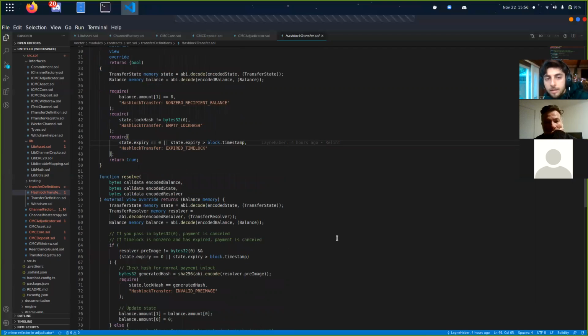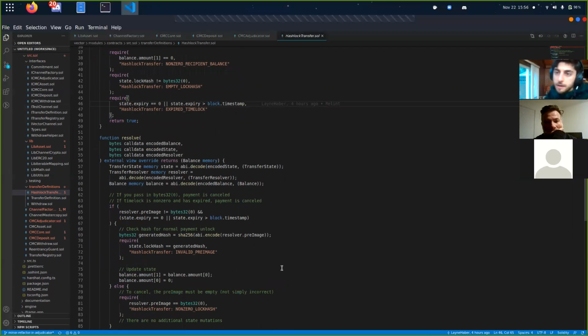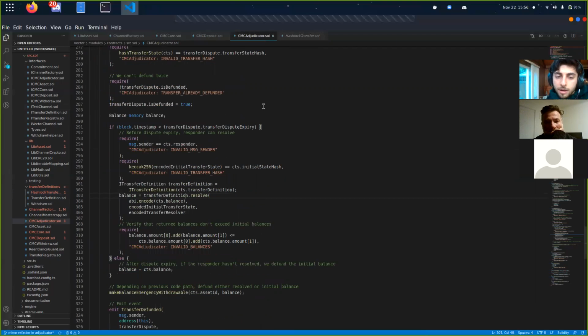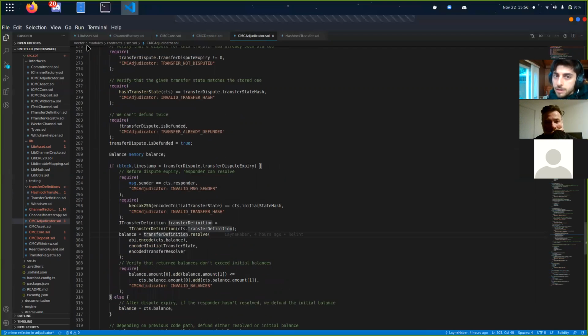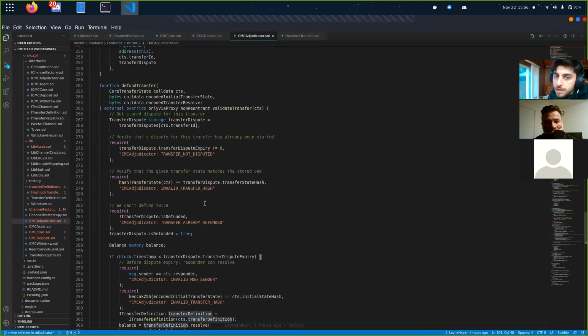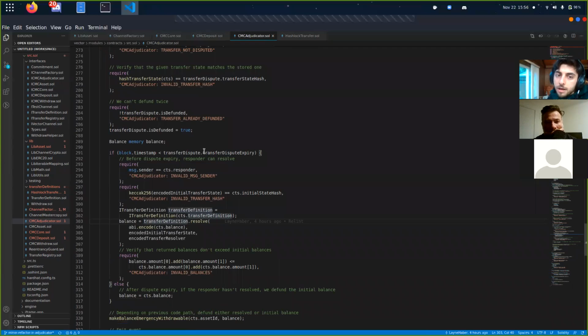And then resolve is the primary function that gets called as part of the dispute logic. So jumping back to the adjudicator, we have this initial state that is registered on chain as part of the dispute transfer. And then when we call defund transfer, if it's being called by Bob before the transfer dispute has expired, the defund transfer function will call the iTransfer definitions resolve function, passing in the initial state, the resolver, and